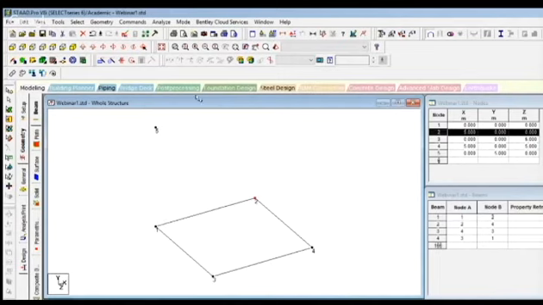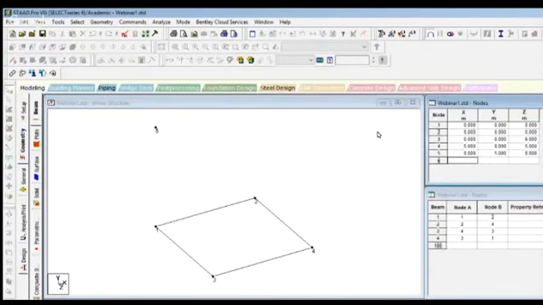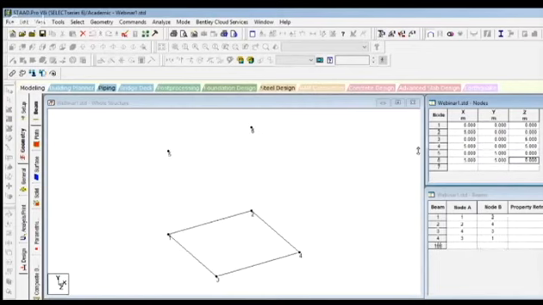So I'm asking you the coordinates of this sixth node, which will be 5 meters above node number 2. So the coordinates will be 5, comma 5, comma 0. You could see node 6 is also created. Similarly, give me the coordinates for the node which is above node number 3. Where is node number 3?